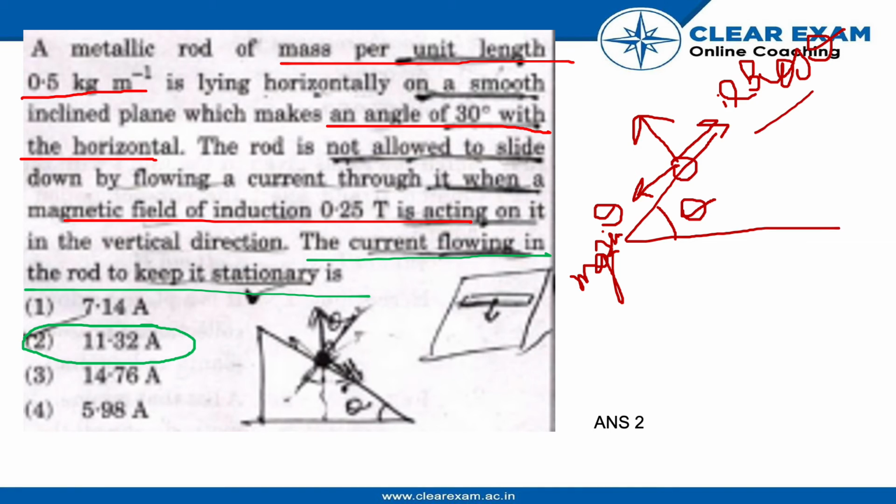So ILB cos theta is equal to mg sin theta, and from here we can find I